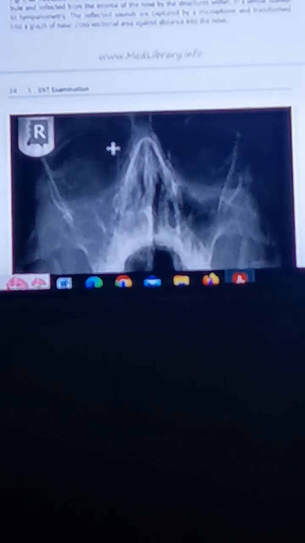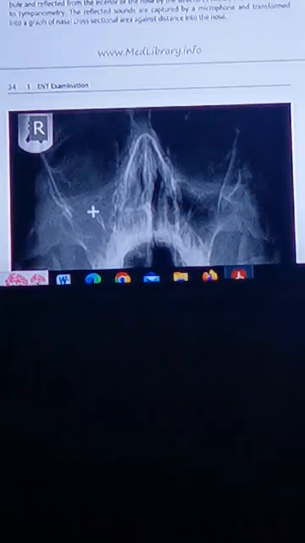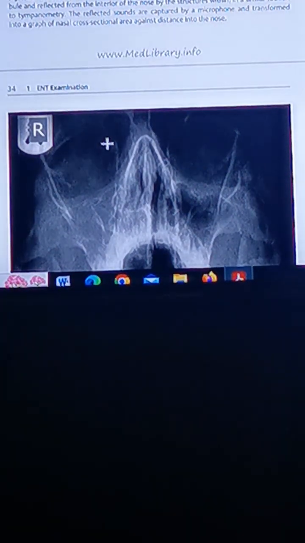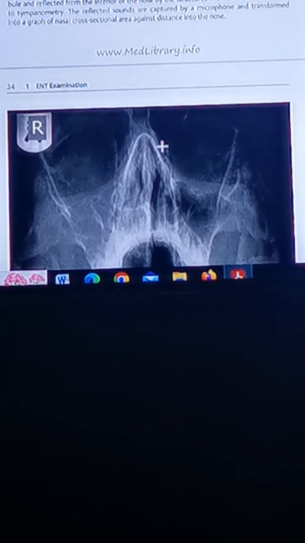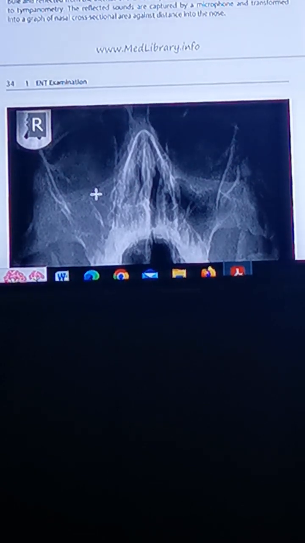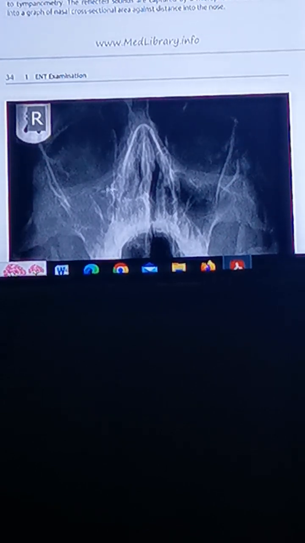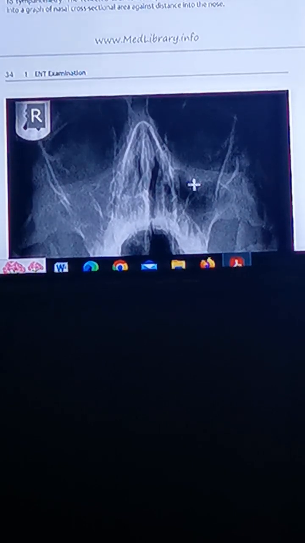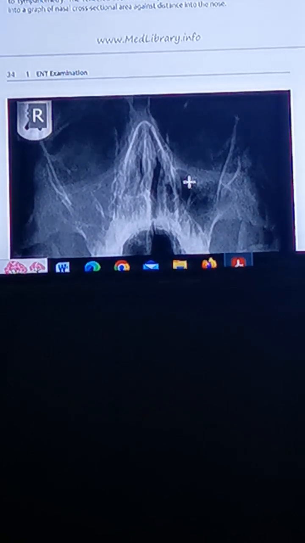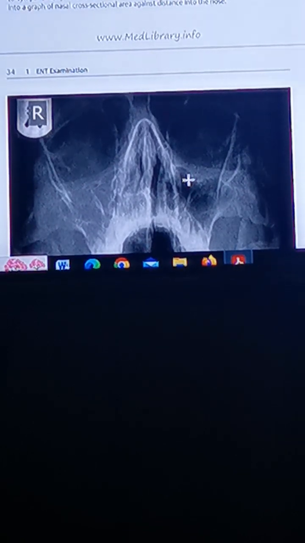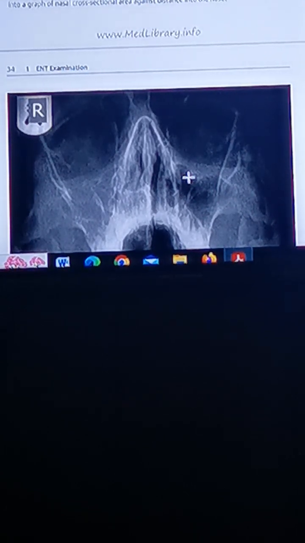So this is the frontal air sinuses, and here is the ethmoid, and this is the lamina papyracea we talked about. Here is the maxillary air sinus. This is the orbit, and this is the lamina papyracea, this is the bone, and this is the ethmoid. Right below, look at this infraorbital foramen. This is the infraorbital foramen, which is important to detect in a normal X-ray because through this foramen pass the infraorbital